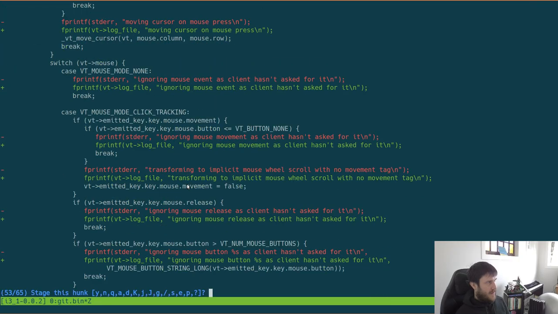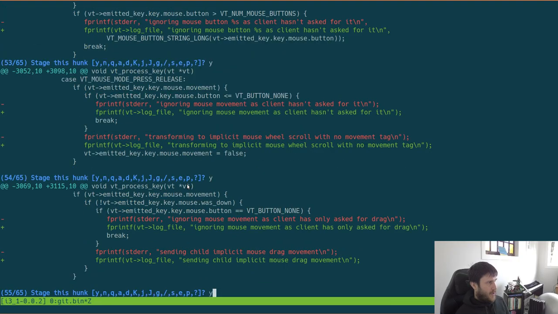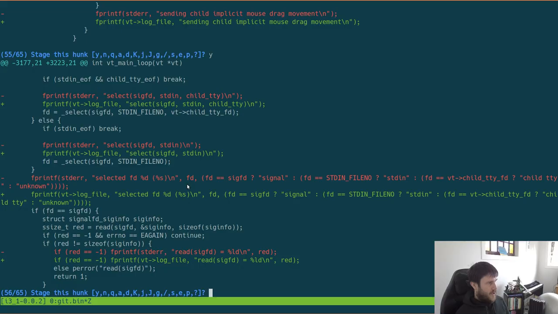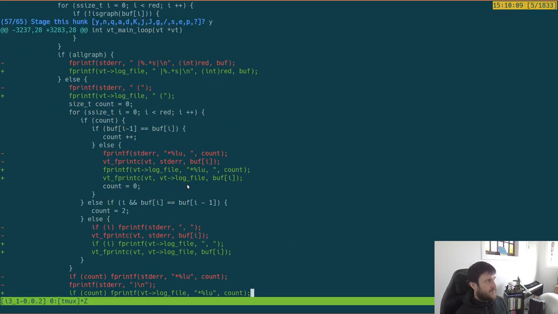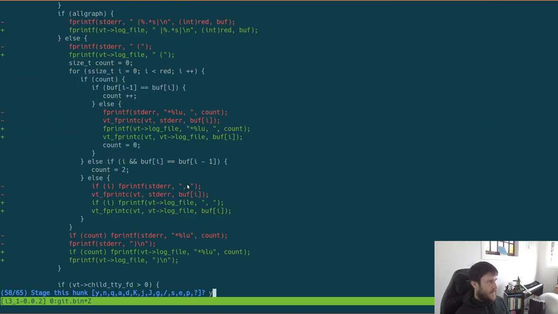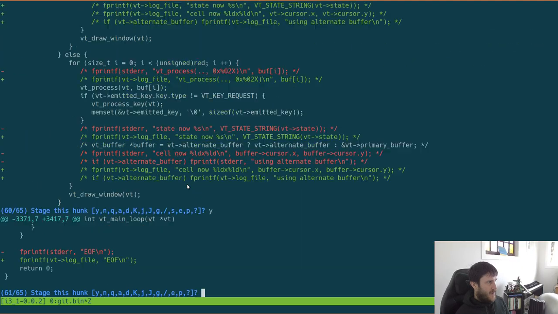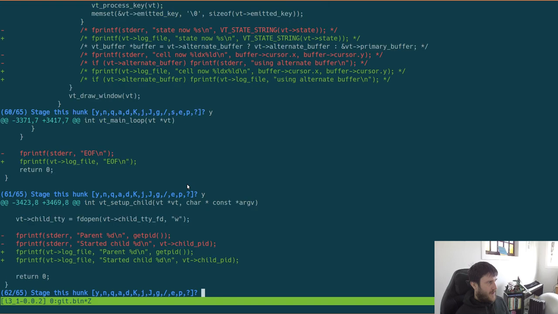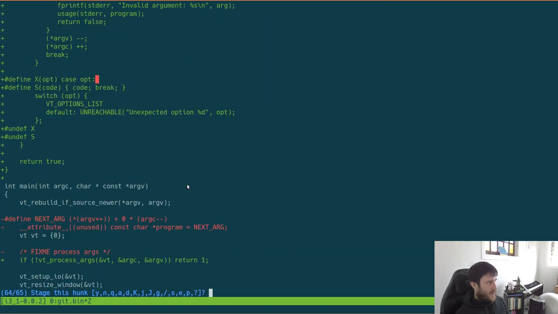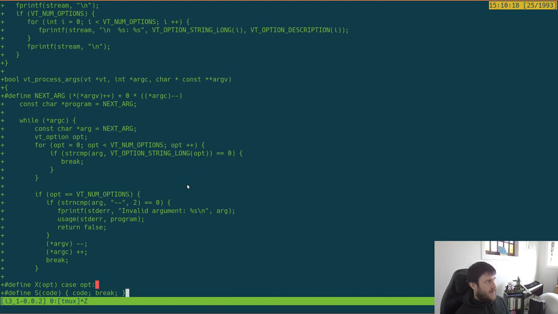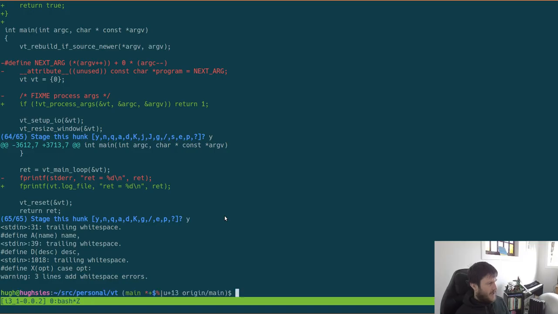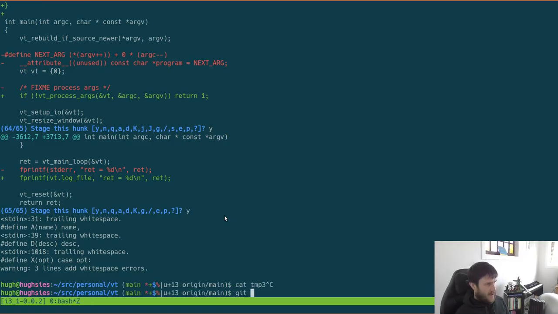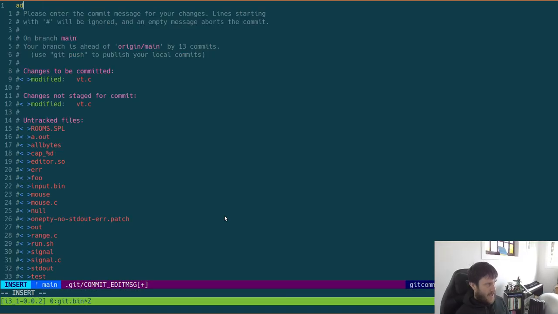This is good. That's just usage and whatnot, and then do that instead, and then do that. Yeah, cool. So git commit and